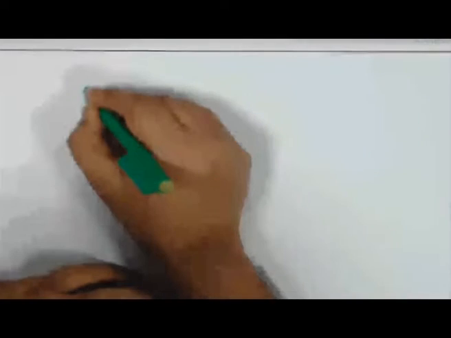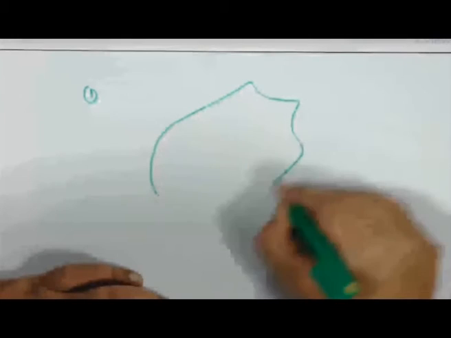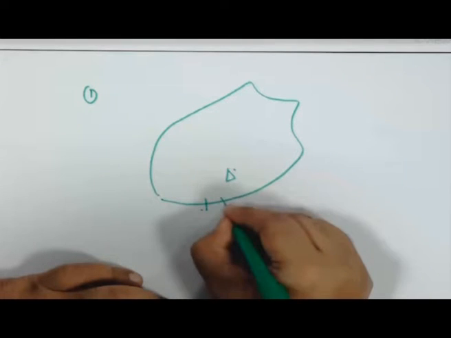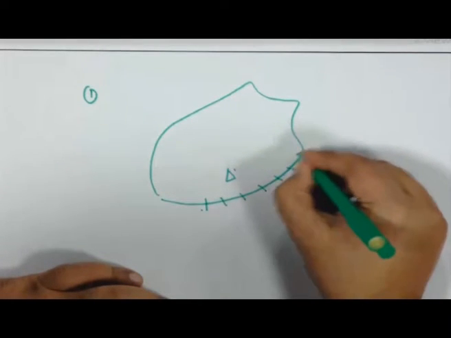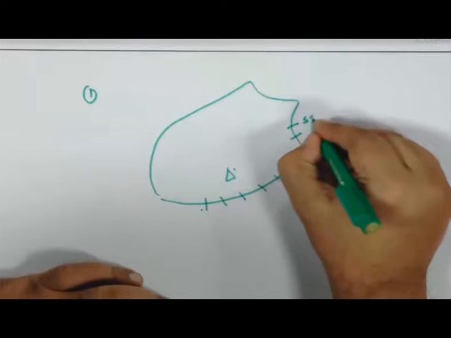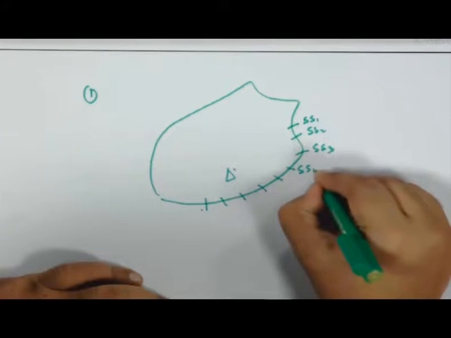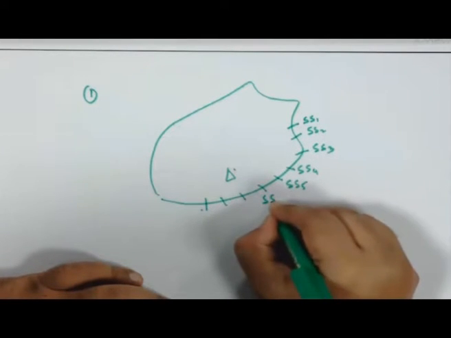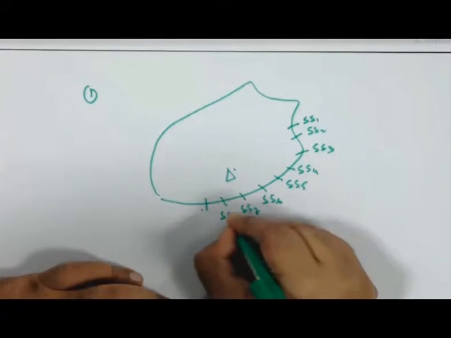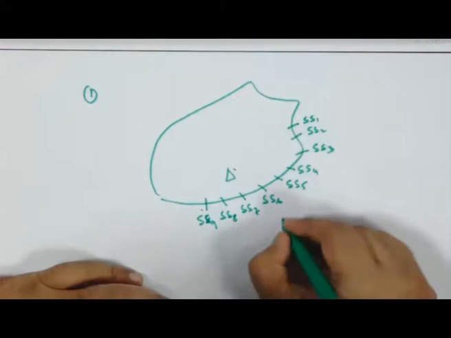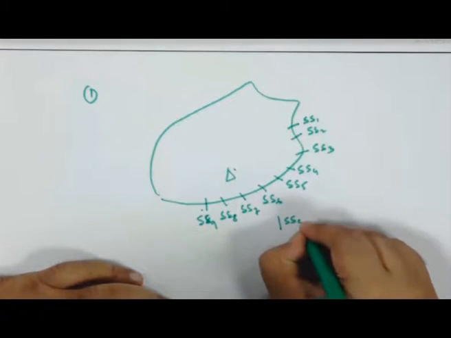So now how to do it? There can be various methods. One is, say I am going through a road and the cell tower is here. Now I am getting signals. I am taking signals every 2 seconds. So SS1, SS2, SS3, SS4, SS5, SS6, 7, 8, 9. See, I have got 9 readings, out of which SS5 is the